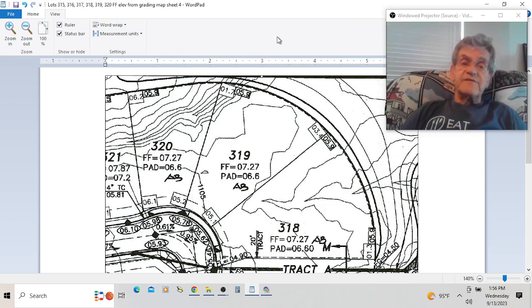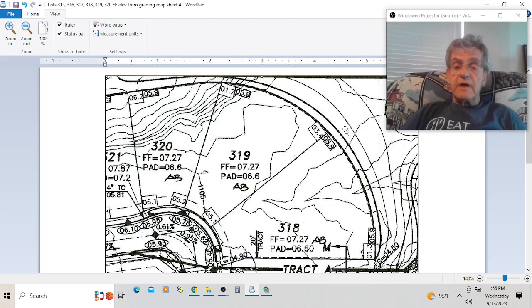4.2 divided by 0.8 is how much soil they added to this boundary point right here. Over here, it was supposed to be 5.9, it's 3.4. So they added 2.5. 2.5 divided by 0.08 will tell you how much they added there. Here, it was supposed to be 1.3. They made it 5.9. So that's